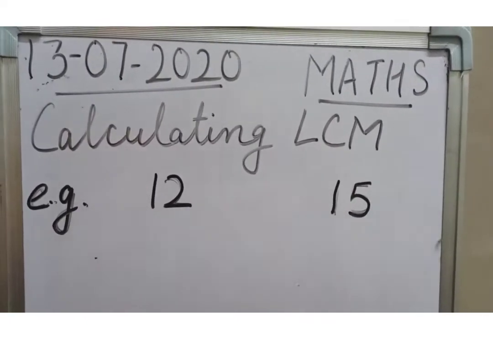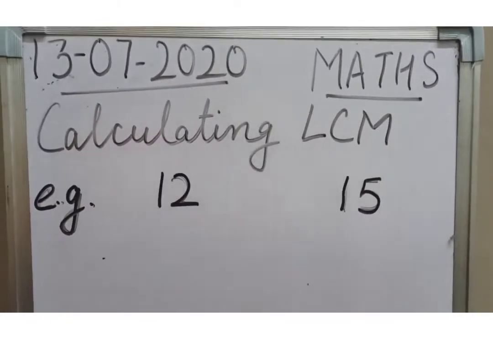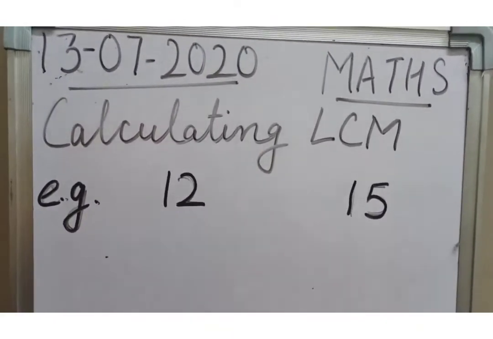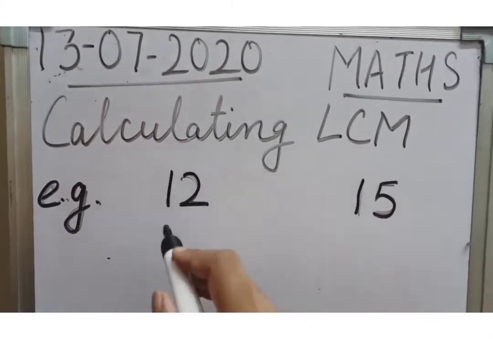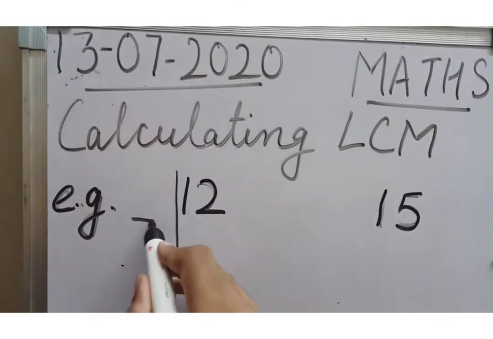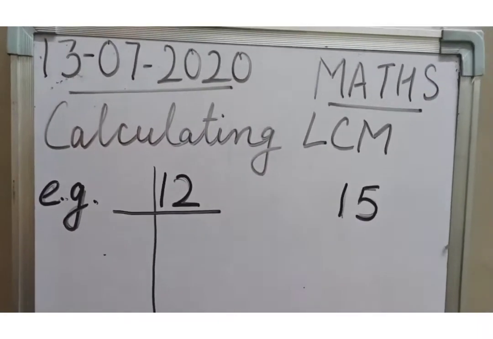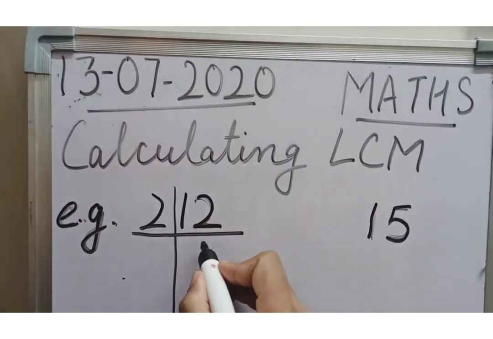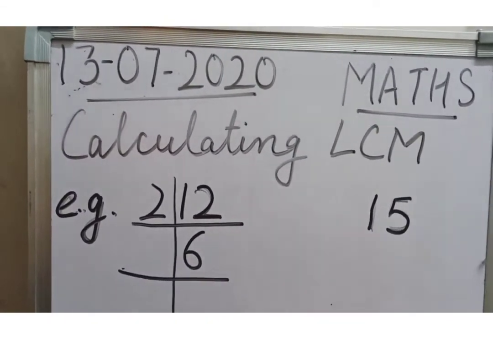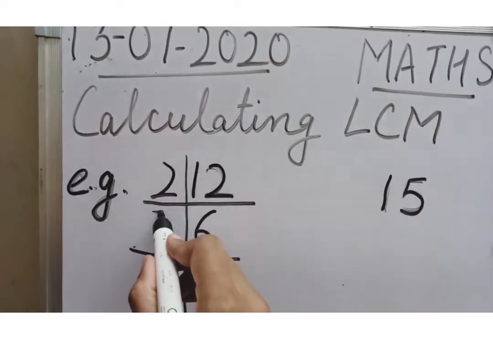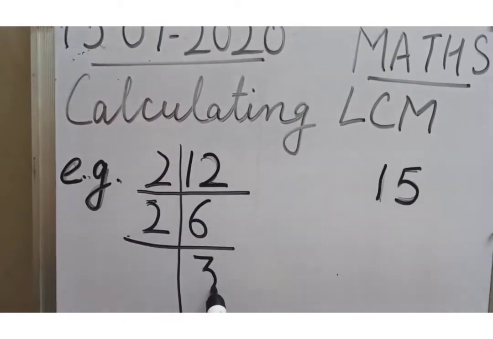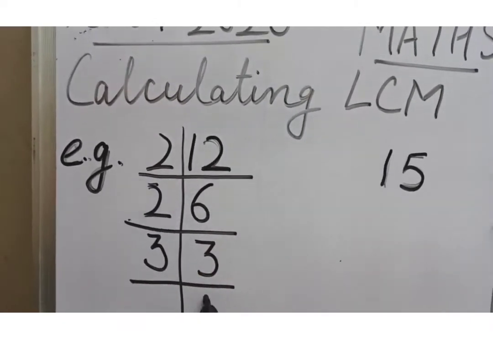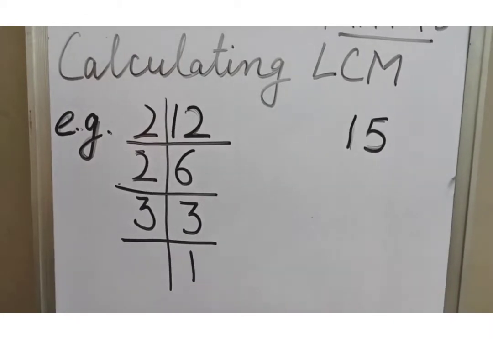So today we are going to calculate LCM by the prime factorization method. We have taken two numbers, 12 and 15. First we'll do the prime factorization for the factors of 12. So 12 comes in 2's table at 6, and then 6 is again divisible by 2. We can write 2 threes are 6. 3 is not divisible by 2. We will move to the next prime number, and we get the factors 2, 2 and 3.